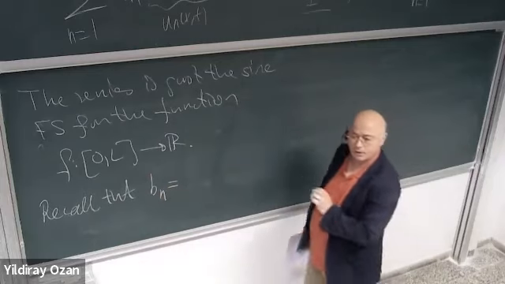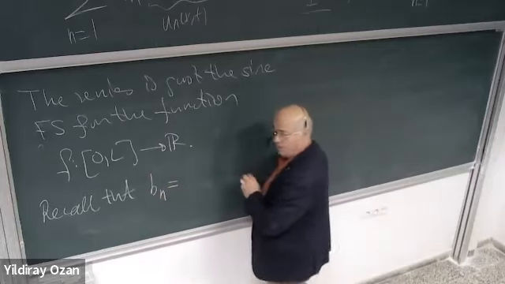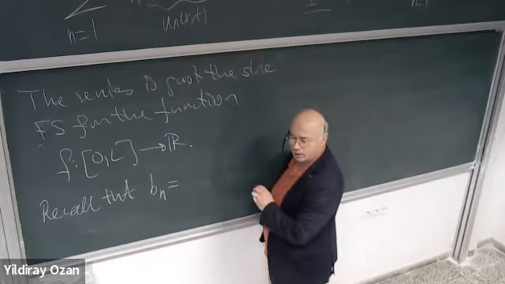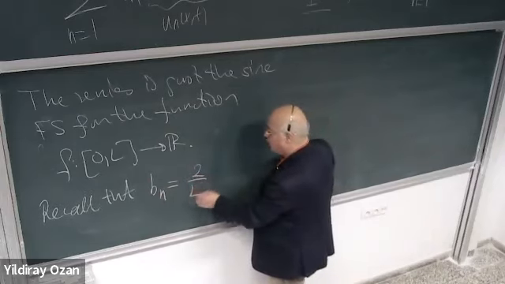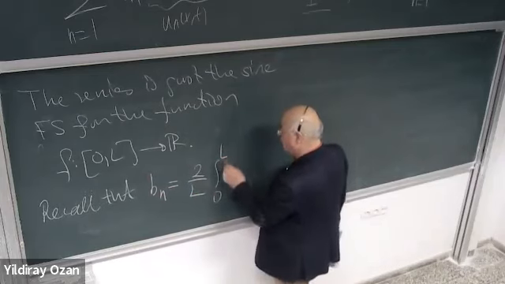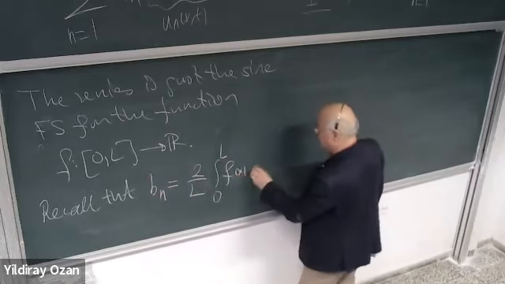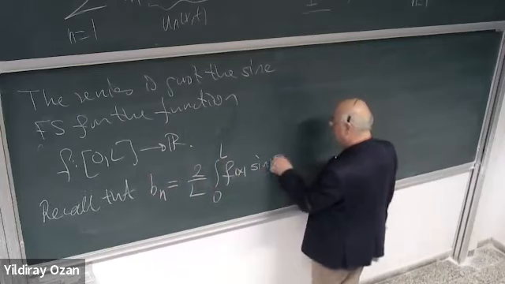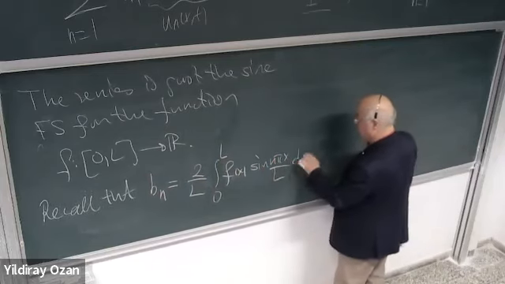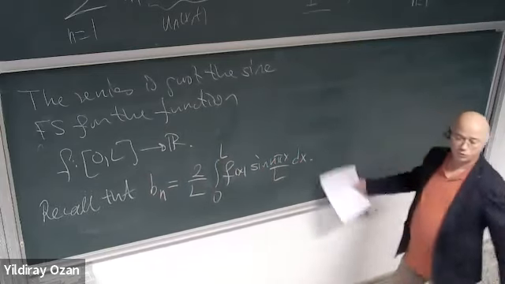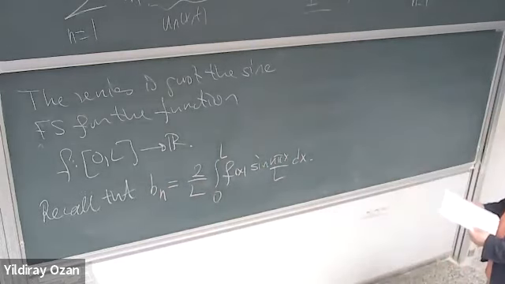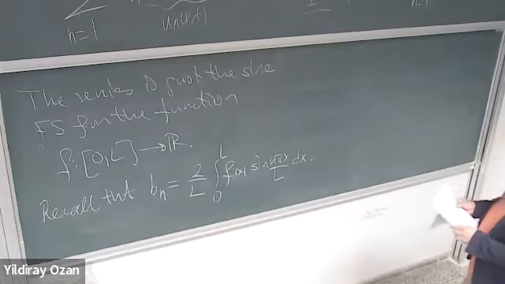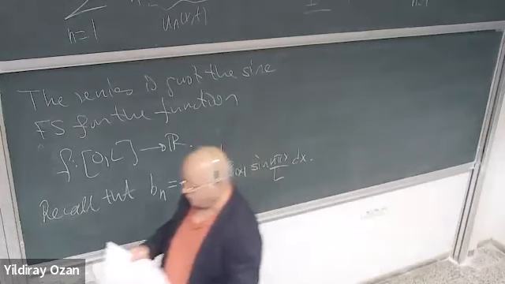What were they? 1 over L or 2 over L? 2 over L, right? The integral from 0 to L of f(x) sine n pi x over L dx. So you just compute these and then form the series. Let's see one example, but